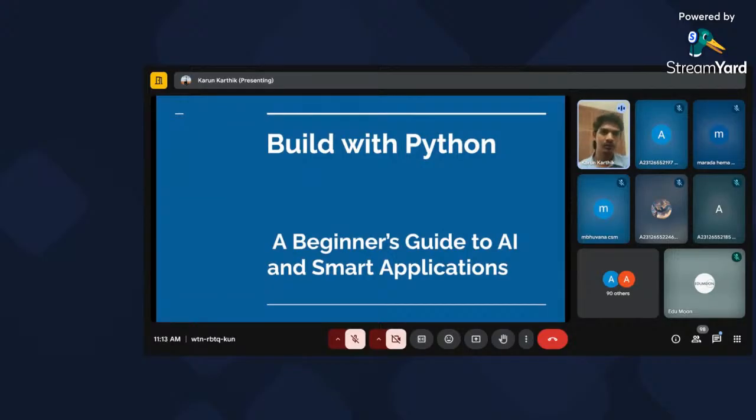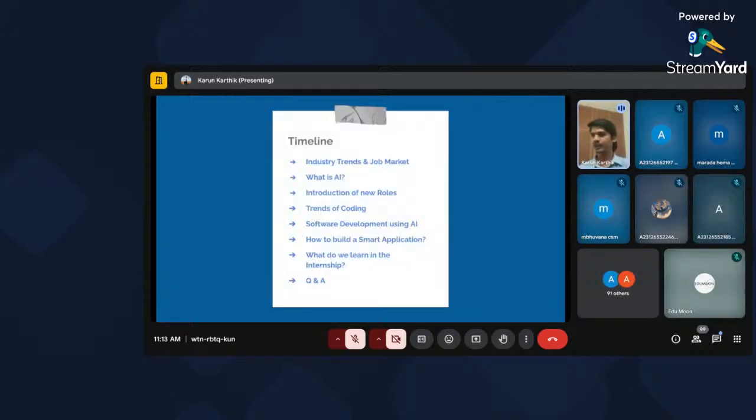And this would be the timeline for today. We'll first look at the industry trends and job market. As many of you would already know, there's currently a recession that has been going on for the last 2 years, and we'll see how it has affected the job market and the roles. Then we'll take a look at what AI is. Hopefully many of you know it because you are coming from that particular branch. And then we'll see, with the advancement of AI, what new job roles were introduced. Then we'll take a look at the trends of coding, and how AI has impacted